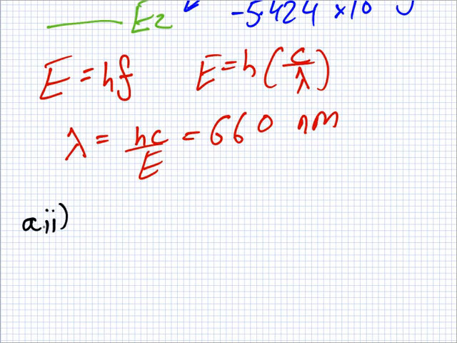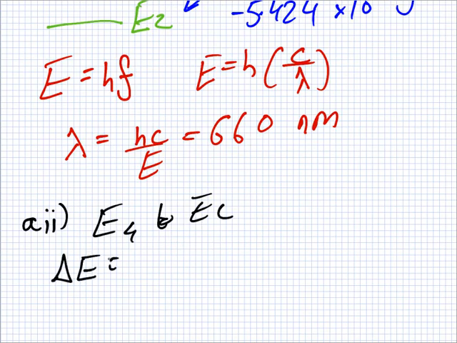What is the energy of the photon emitted in A part 2? It's the same, except it's from E4 to E2, and you have to convert. So E4 to E2. Because there are fewer formulas to use. Let me just get the energy first: 4.064 times 10 to the minus 19 joules. So in electron volts,